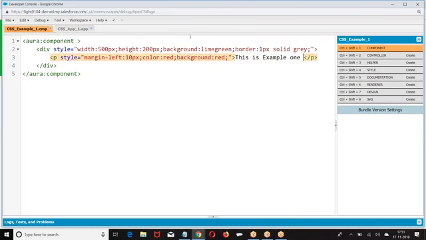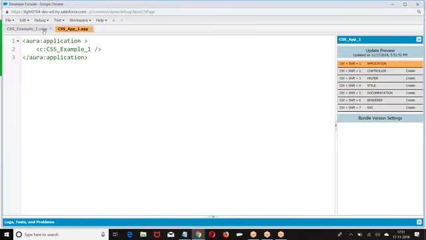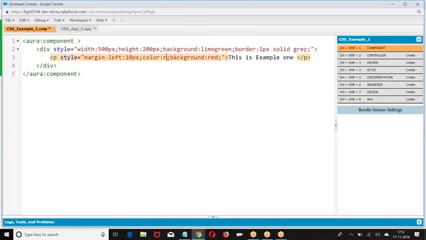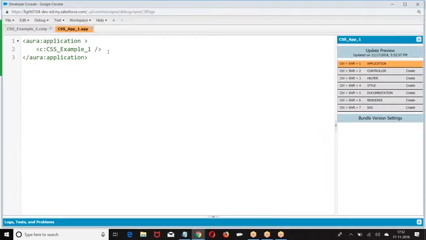We are applying the properties here. So every element has its own properties. It is an inline CSS. We are applying inline CSS, right? So we are applying the properties within the component.